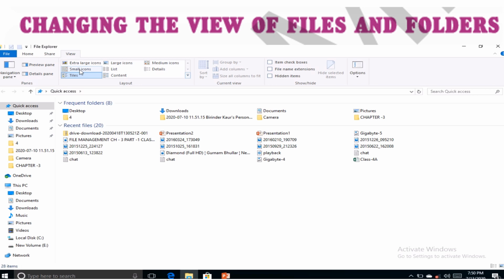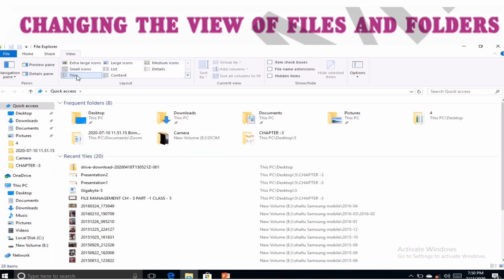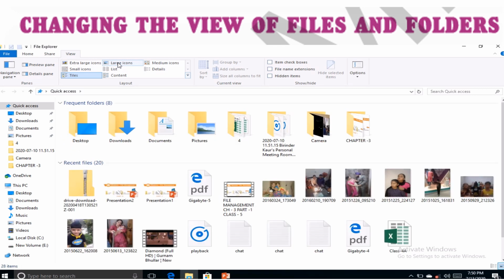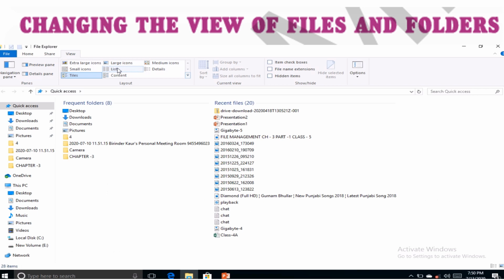Next is small icons. They will show the icons very small, and in front of it we have the name of the folder or file, whatever. Then next we have tiles which come in a medium size. Then large icons, a little bit smaller than extra large. Then a list will come, it will show the icons in the list.